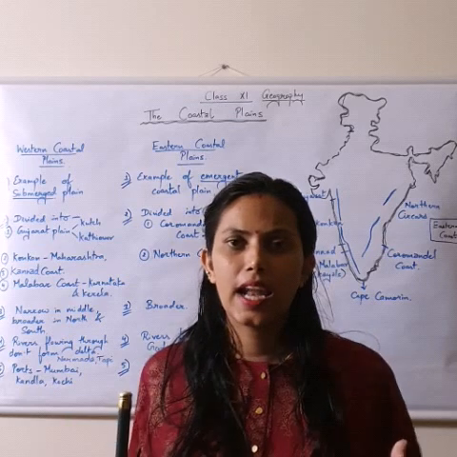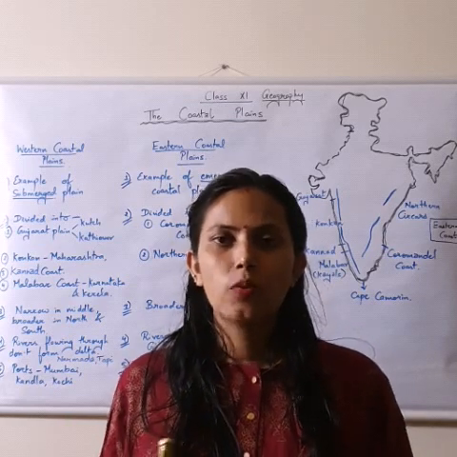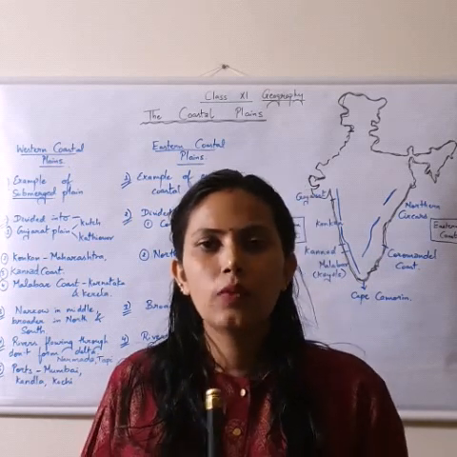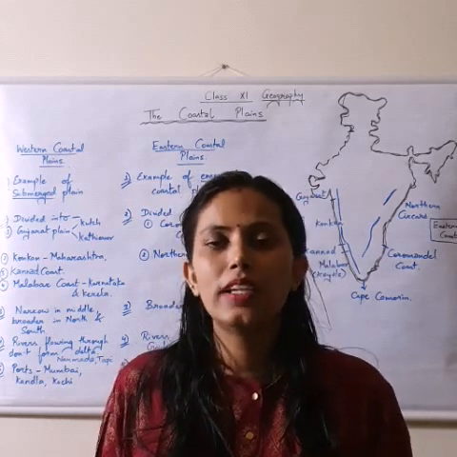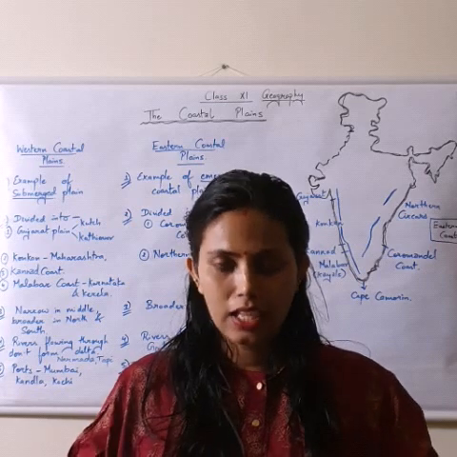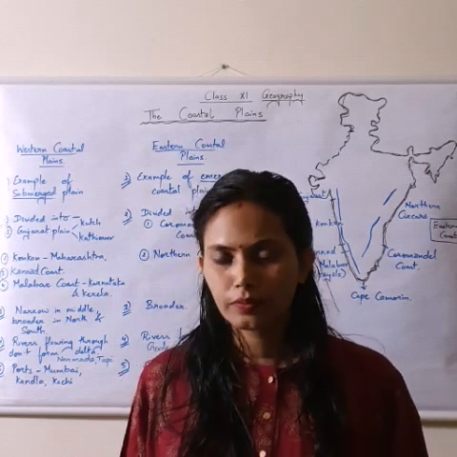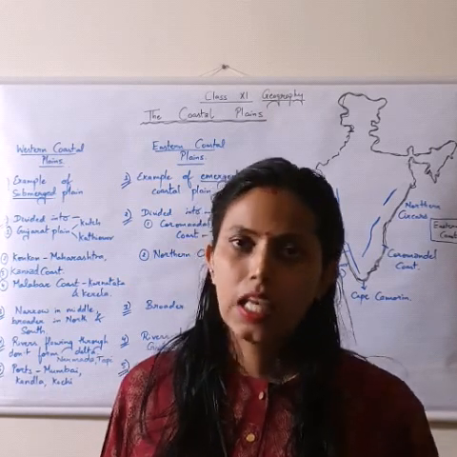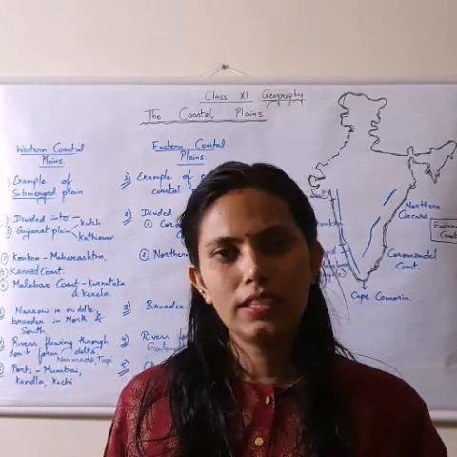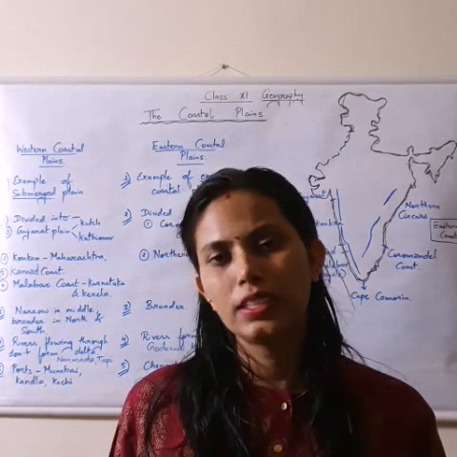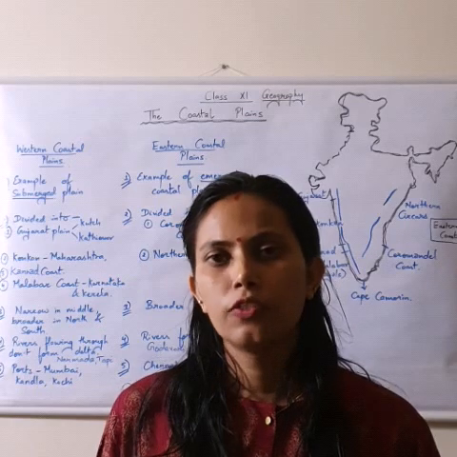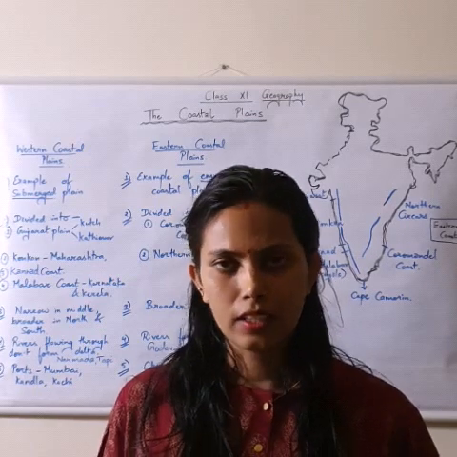Delta is a landform or a land feature in which the river, before entering the water body, divides itself into many streams called distributaries and forms a triangular shape that is called delta. Now, Narmada is a river which is falling into Arabian Sea. Tapi is there. So both these rivers before entering the Arabian Sea are not forming any delta. So the western coastal plains rivers do not form any delta.